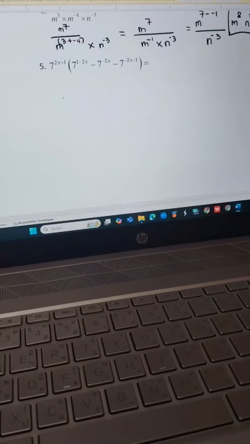Okay, so number 5, it looks complicated, but it is actually very easy. So this